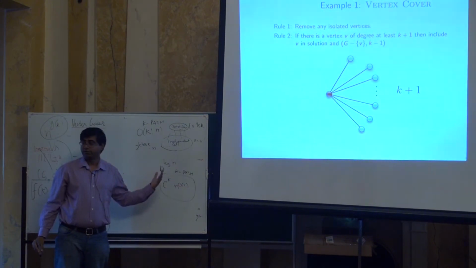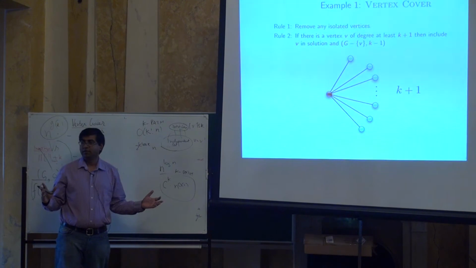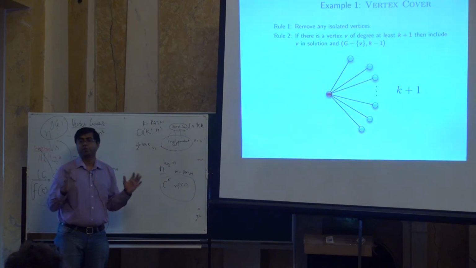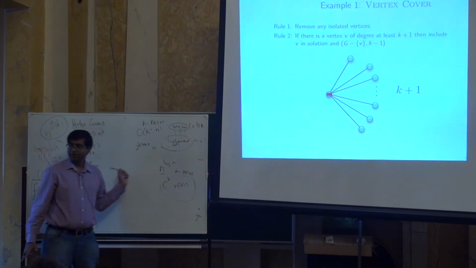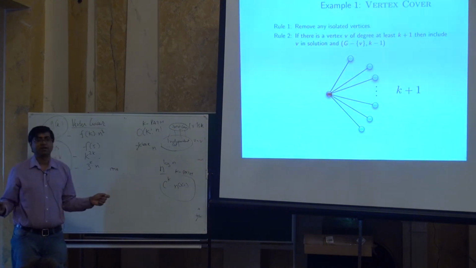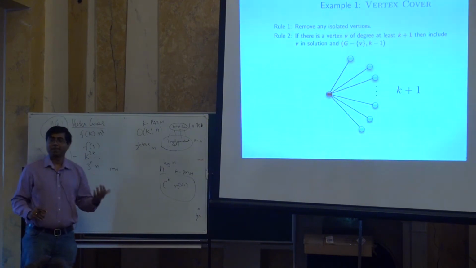And it was open for 3-4 years before Alon, Yuster and Zwick came up with this idea of color coding, which is one of the simplest approaches, but with a lot of powerful impact, to show that checking whether a graph contains a path of length at least log n or not is in polynomial time. Okay, so